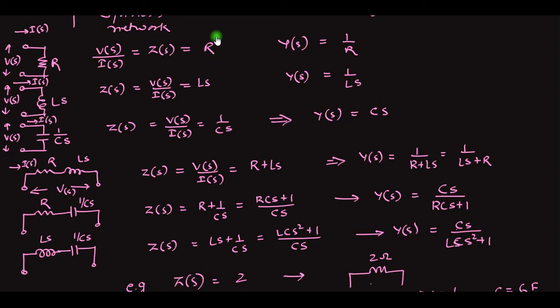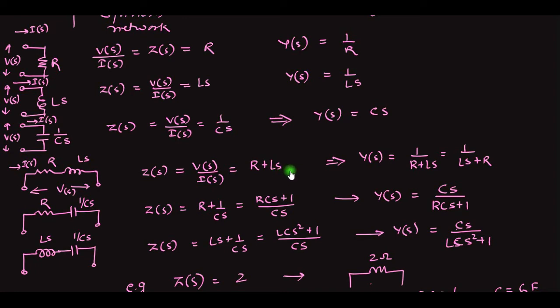We do not have S when we have resistance only. We have S in the numerator when we have an inductor, and we have S in the denominator when we have a capacitor. Similarly here we do not have S in the resistive part, and we have S only in the inductive part. So this gives a series combination of R and L.